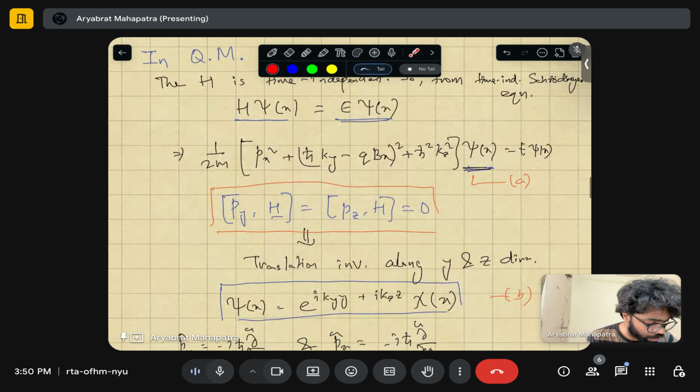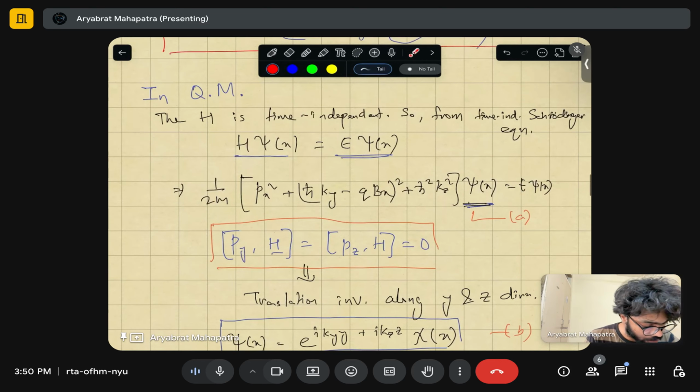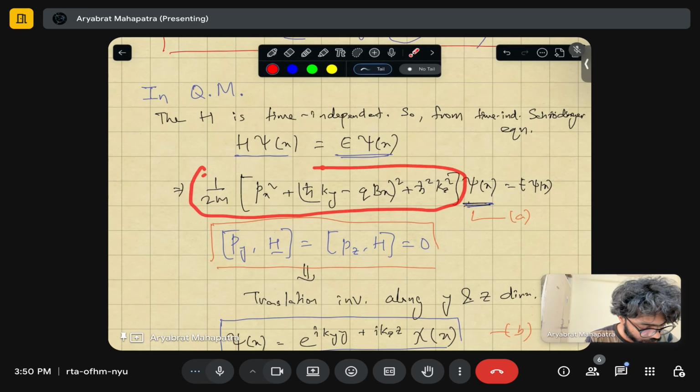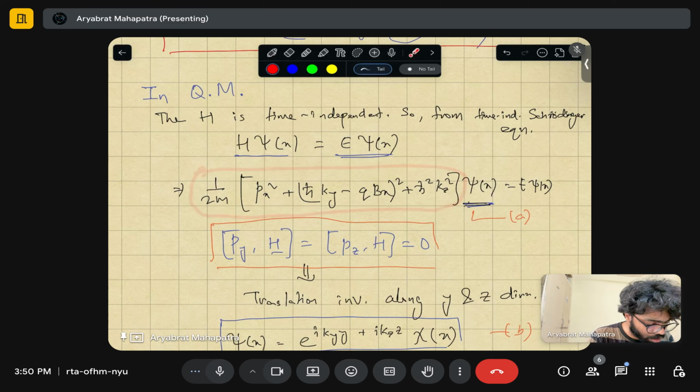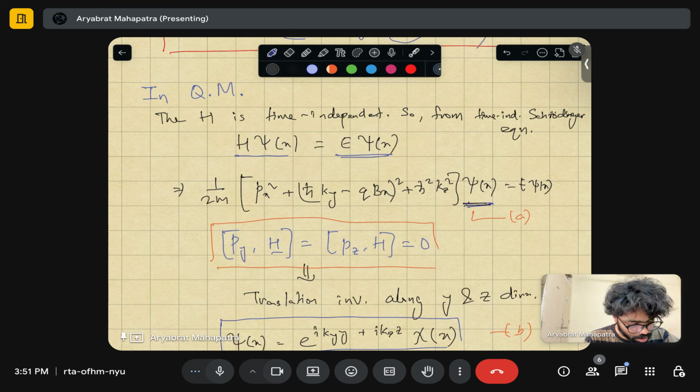If you carefully look at this Hamiltonian, which is given right here, if you commute it with Py, and also with Pz, you will find that their commutator is zero. So this tells that both